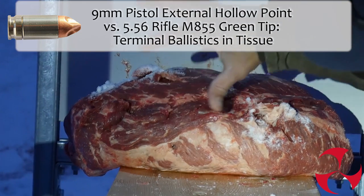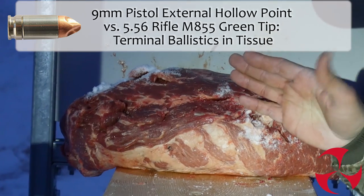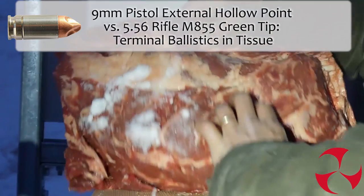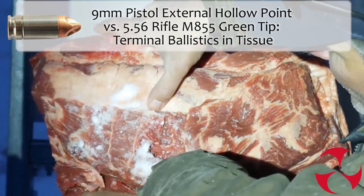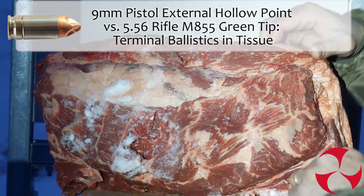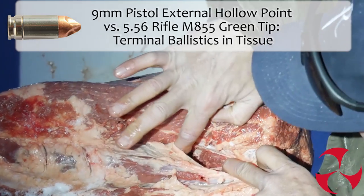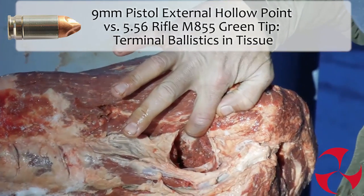Obviously, we had a lot of temporary cavitation with the 5.56 round. We only shot it from about 6 feet away, and so it kind of blew out the end over here. As we flip this big roast over, you'll see here's the exit that came out. Not terribly huge like you would expect to see. By comparison, we had about the same size, if you look at the hole here that was created by our pistol round, it created about the same size